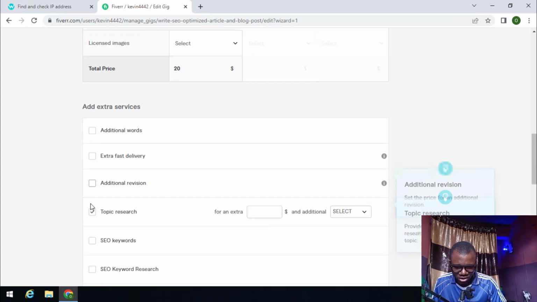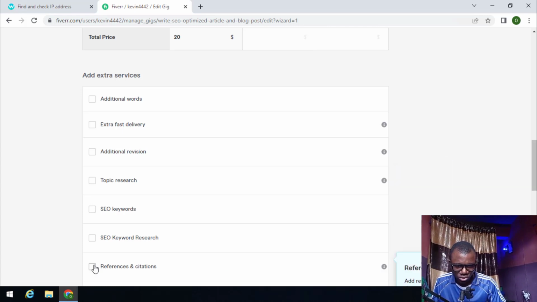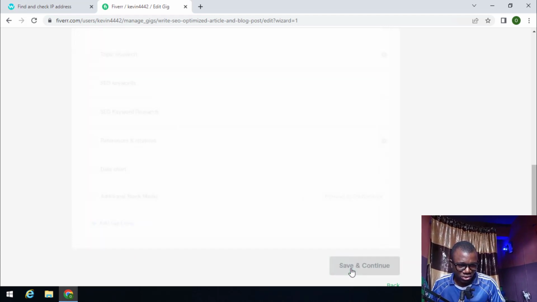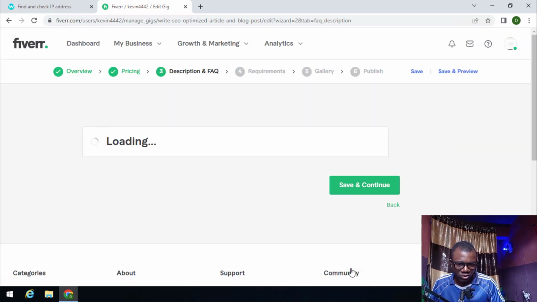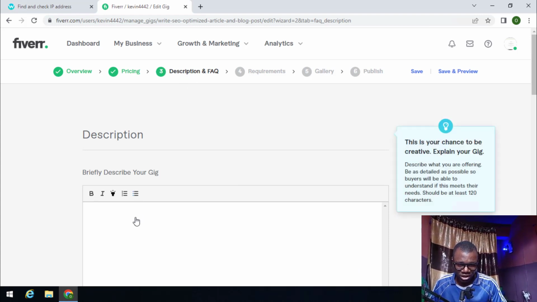Scroll down again, and see, I need to uncheck this because I don't want to fill out this extra services info. And once I'm done with that, I click on save and continue. And once I click on save and continue, the overview and pricing is done. What I have to do now is to enter the description and the FAQ. So here I will write